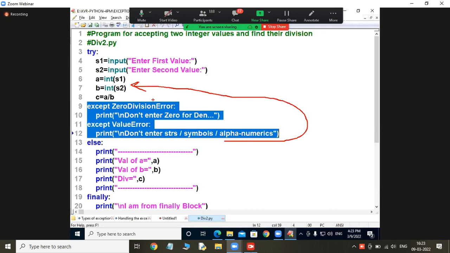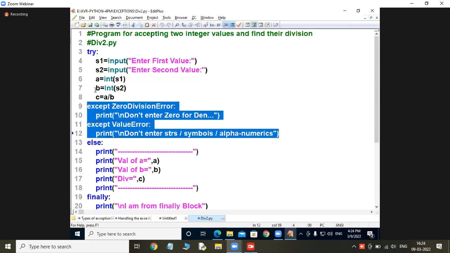No. Once PVM started executing, suppose at line number 6 an exception occurs, it comes to the value error, which is the except block. From here, it won't go to line number 7. So after executing the appropriate except block, PVM control never goes back to the try block to execute the rest of the statements.